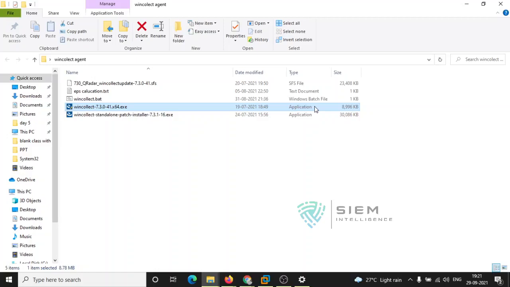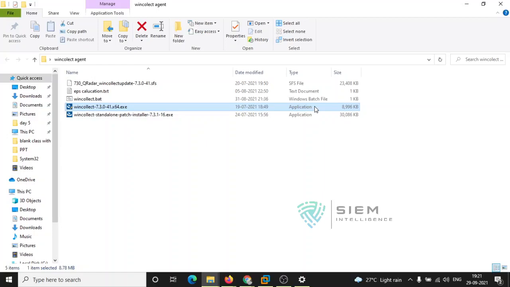With Managed Edition, you can manage this WinCollect from your QRadar. You can upgrade WinCollect from QRadar itself, and you can stop, pause and handle that service from QRadar to this particular client. That is what is called the WinCollect managed version.